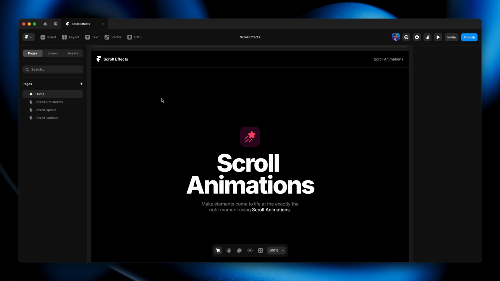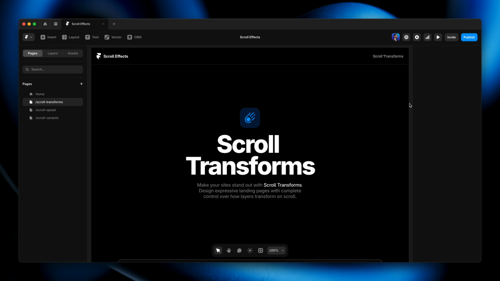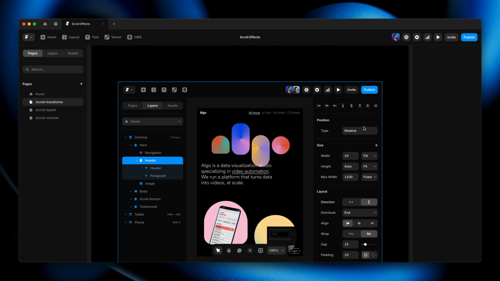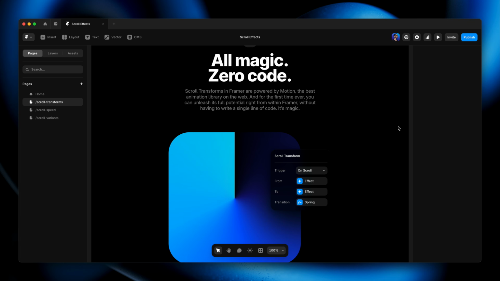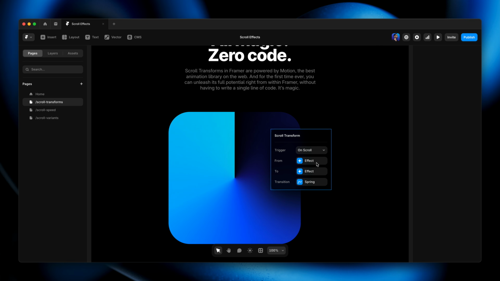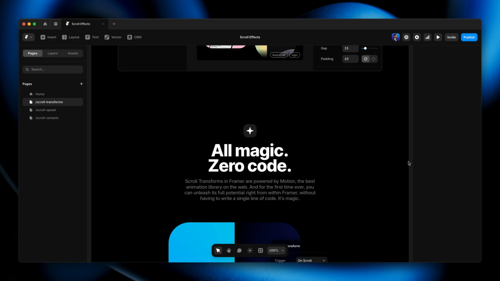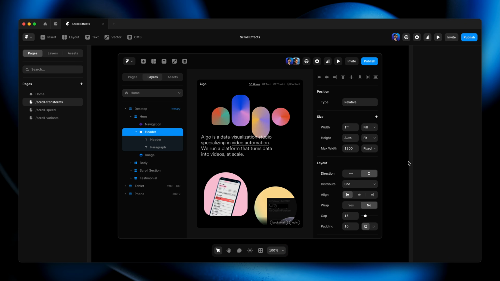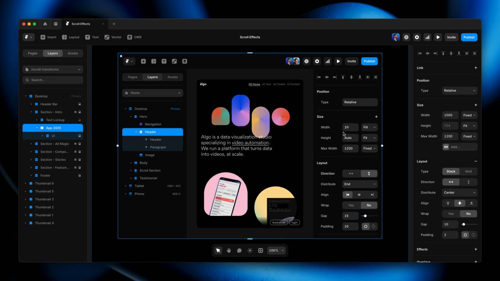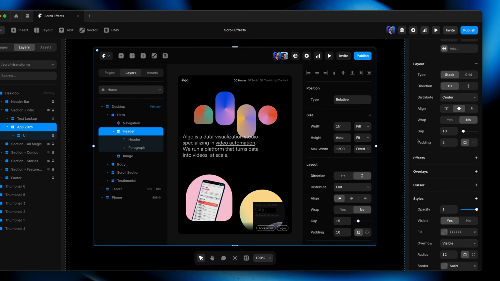The best way to learn about scroll transforms is definitely to get in there and just start playing with them. For this lesson, we're going to be using the same project file as we did for the previous lesson, but here we're going to jump into the second page called scroll transforms. If we scroll down here, we've got the same elements on the canvas as we did in the previous lesson, but rather than triggering these to animate automatically over a preset duration, we're going to have them animate gradually as we scroll. So let's start with this first hero image here,